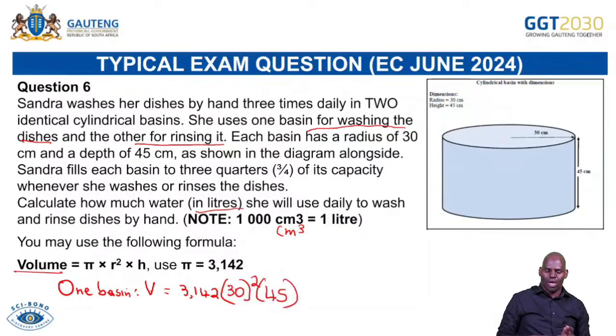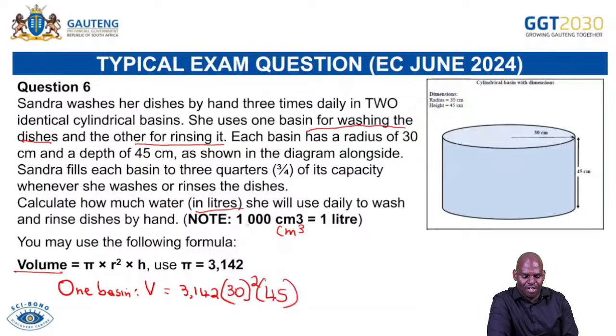Okay, now if you look at the conversion factor, it is given as 1 centimeter cubed is equal to 1 liter. Already, this is giving you a hint that when you calculate the volume, it must be in centimeter cubed. So in order for the volume to be in centimeter cubed, just ensure that whatever you substitute in this formula is in centimeters. The radius and the height, both of them are in centimeters. Okay, then when I simplify this, I get